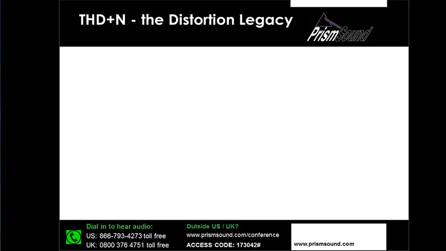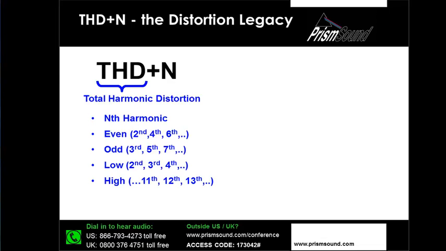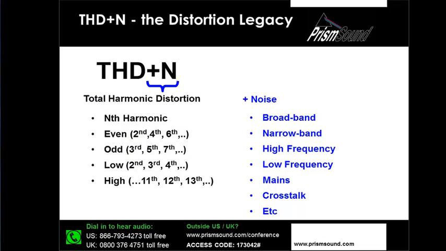Let's just talk briefly then about THD plus N, this measurement that we're going to be looking at in some detail. Well, what is it, first of all? THD plus N. It is total harmonic distortion plus noise. And as I've shown with this slide here at the moment,